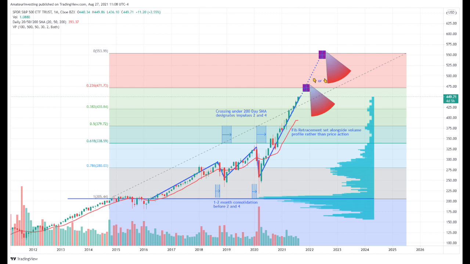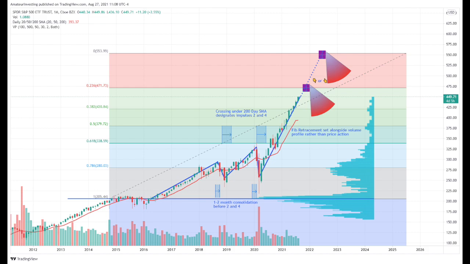Additionally, we can see that at the tops of waves 1 and 3, there's a period of 1 to 2 months of consolidation where it doesn't really hit a new peak. Assuming this pattern holds true, that means the turnaround for wave A, the first downward wave, is going to be at either 0.236 or at 0. In terms of SPY, this means the price is going to be around 471 or 554. And remember, each of these bars is 1 month, and each peak had about 2 months without a new high.